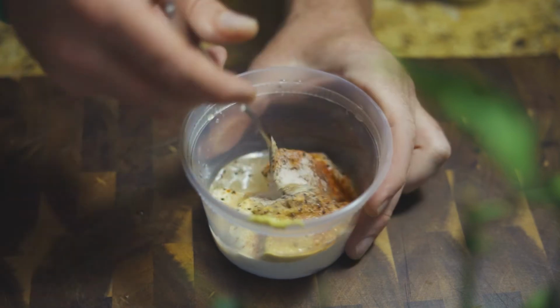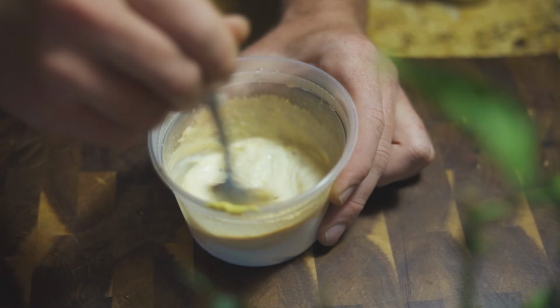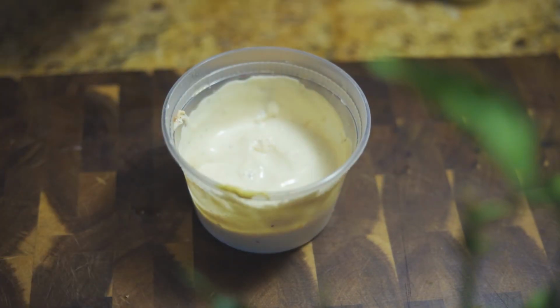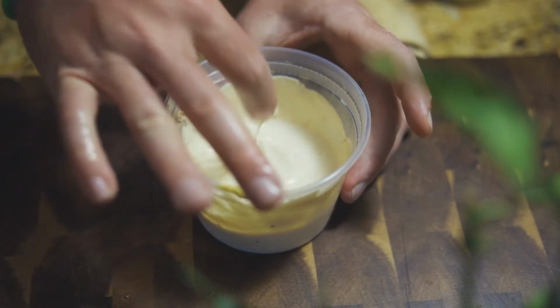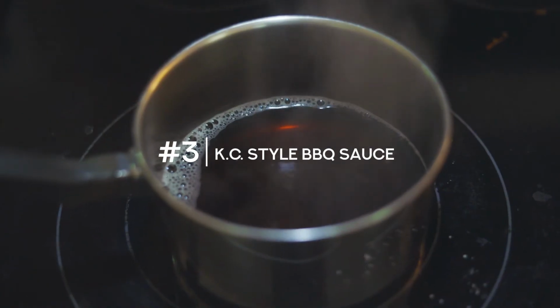Now you just mix that all together. Make sure to scrape the sides to get everything off. Give it a taste, make sure it's right for your palate. This one was right for mine, and I actually came back for another few tastes of this because it is just so damn good. Third sauce we're going to be making is a Kansas City style barbecue sauce,